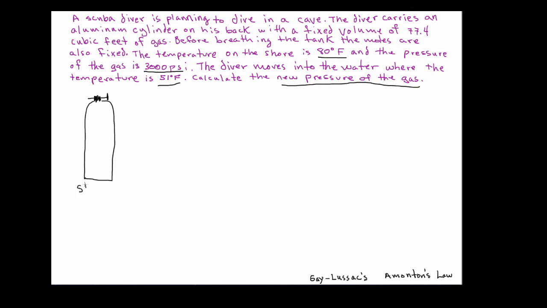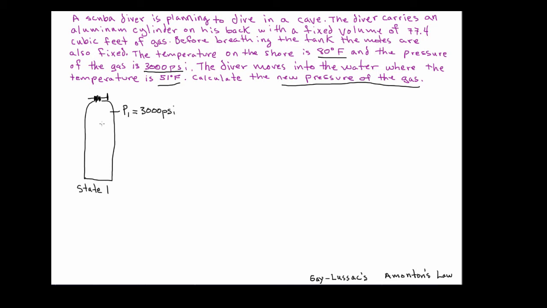We're going to call this state number 1. This represents the tank of air when it's sitting on the surface prior to going into the water. I'm going to designate my initial pressure as P1, and I'm going to write down what they told us in the problem. So we've got 3,000 psi